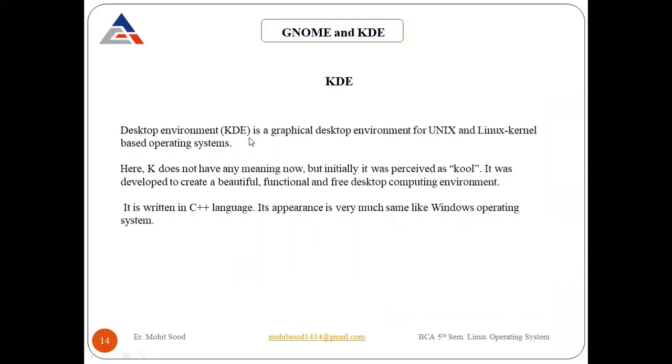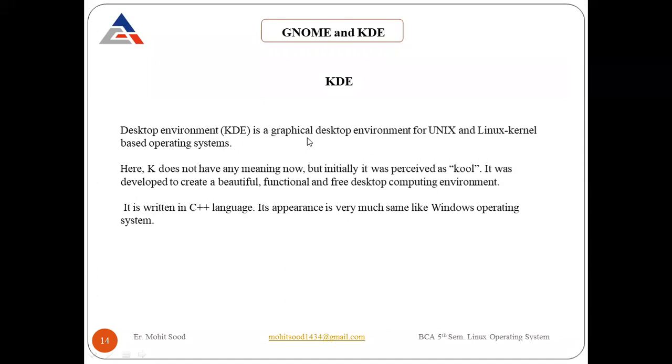So desktop environment KDE is a graphical environment. Now I'm going to tell you about KDE. In previous slides, we discussed the Genome project, what is Genome, and basic features of Genome. But now I'm going to tell you about what is a KDE desktop environment. So basically, KDE is a desktop environment that allows carrying out daily tasks, like your copy paste, like your drag and drop, cut and paste, and without relying on the command line